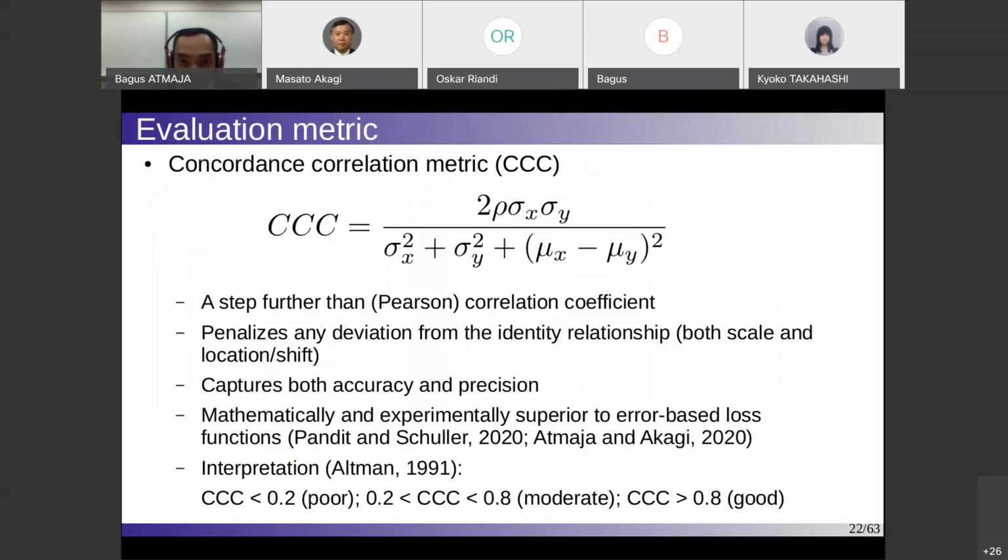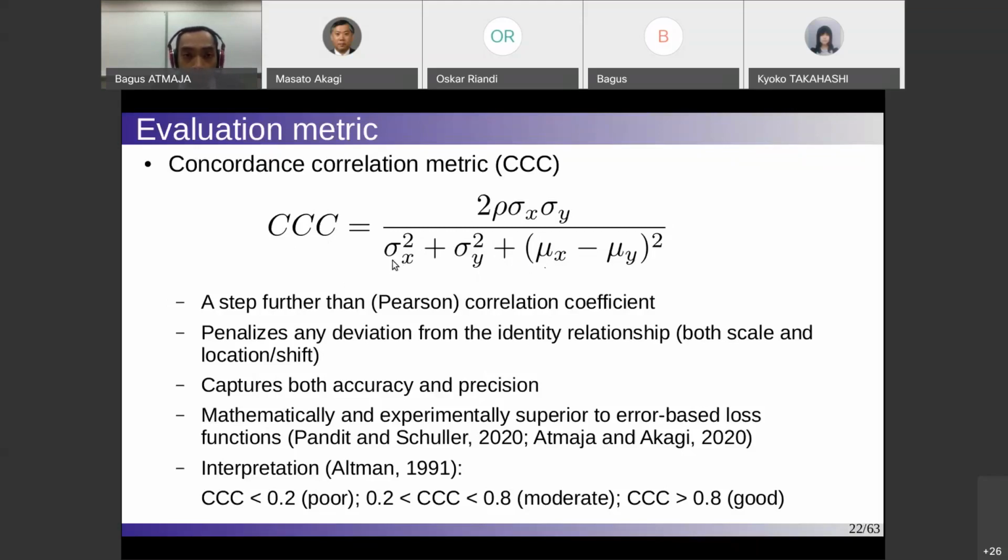And to evaluate my research, I use the CCC metric, concordance correlation coefficient. It is formulated as here: 2 multiplied by the Pearson coefficient multiplied by the standard deviations of X and Y. So we compare between the prediction and the truth labels and divide by this formula. So this metric is more challenging than Pearson because we divide Pearson's rho by this formula. So the score becomes smaller here. And it also gives some deviation and penalty. For example, if the original scale is from 0 to 1 and the prediction is from 0 to 5, it will be penalized. It means that the score becomes smaller.